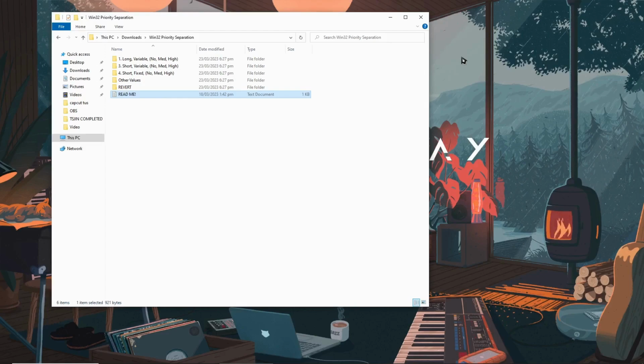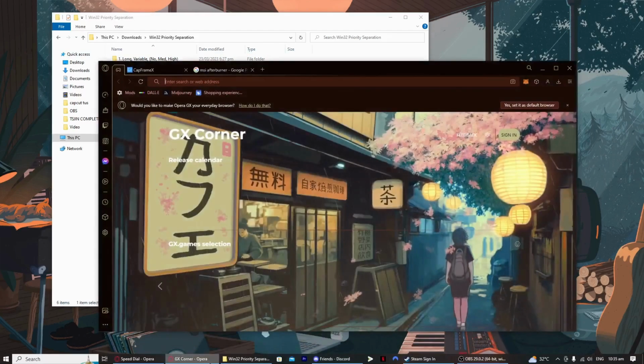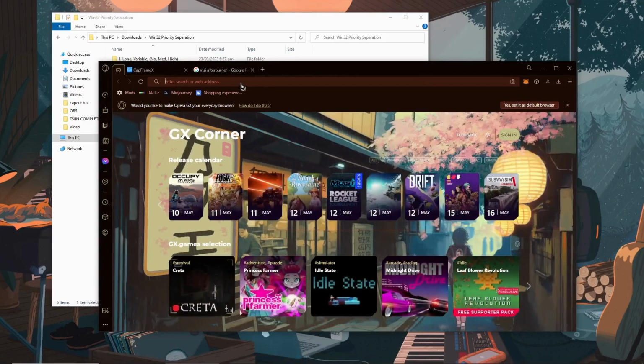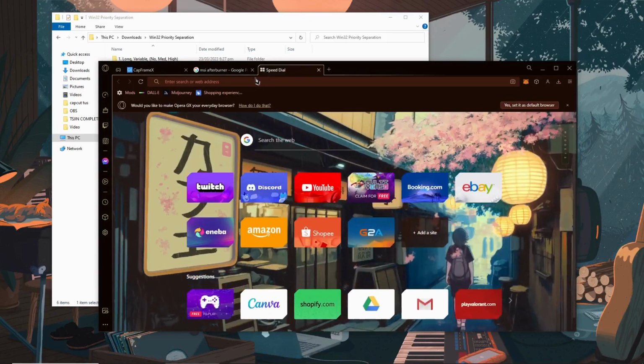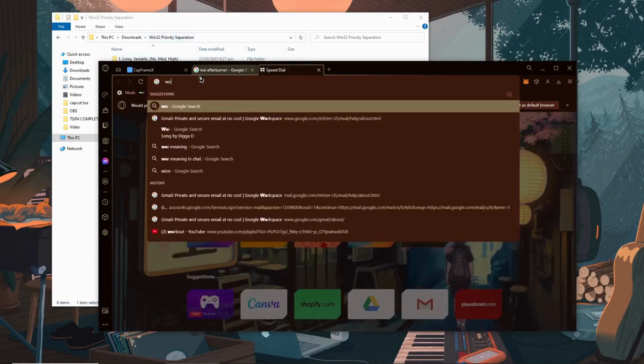So here we are in Windows 10, but you can also do this in Windows 11, by the way. What you want to do from here is download this folder right here. It's really easy to download, you just have it in your Google search. Let's go in Google search right here, and type the name of the folder, Win32